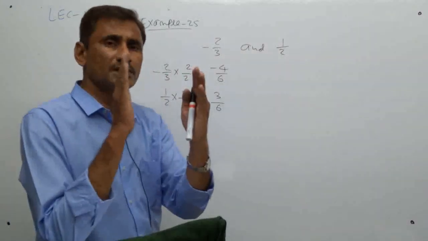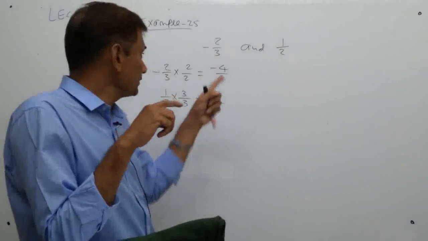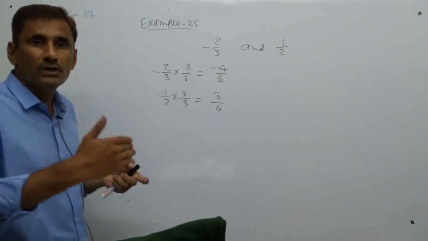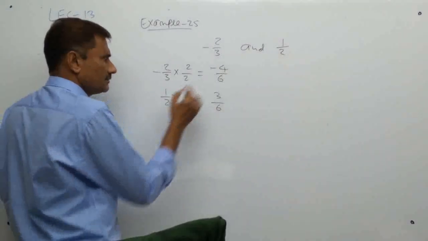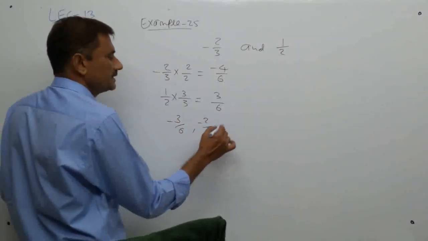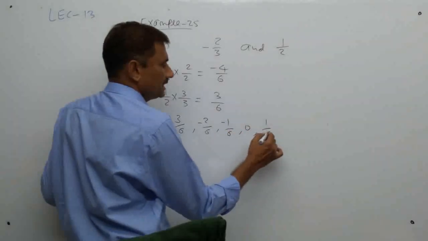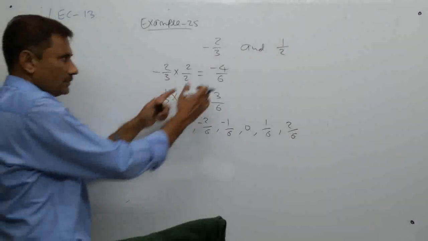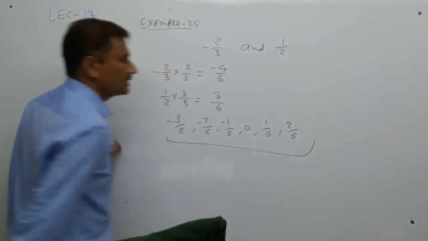Between minus 4 and 3, so many numbers are there. Which are the numbers? Minus 3, minus 2, minus 1. I am talking about the numerator only, not the final answer. 0, 1, 2, 3. So in between rational numbers are which? I start from minus 4, so it will be minus 3 by 6, minus 2 by 6, minus 1 by 6, then 0 also here, then 1 by 6, 2 by 6. Okay, so from this number to that number in between I got so many numbers.